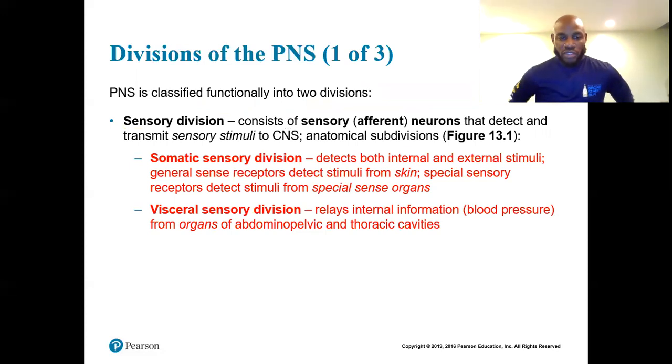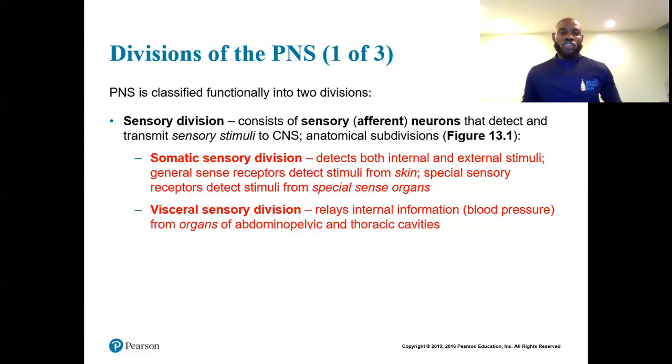All right, remember these different divisions. We talked about this in chapter 11, so you can go through chapter 11 to review it some more. We have the sensory division, sensory afferent. Remember the afferent and the efferent: afferent, sensory; efferent, motor, right? The sensory division detects and transmits sensory information towards the central nervous system. I touch this computer and the sensation goes through the nerves in my finger to my spinal cord to my brain, and it tells me the computer is hard, the computer is warm, for instance, right?